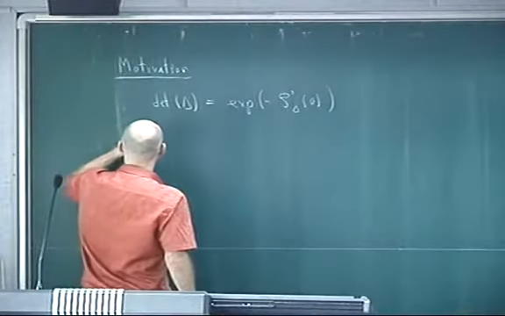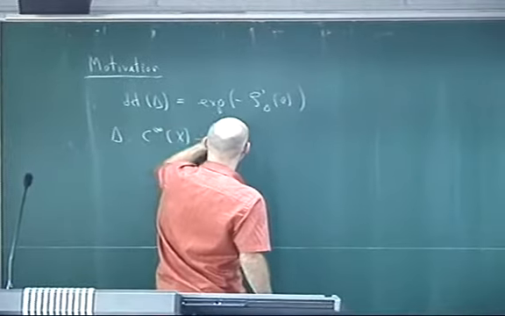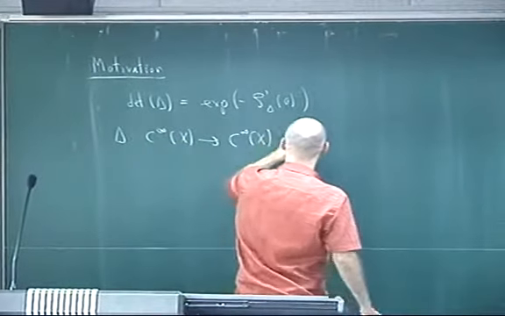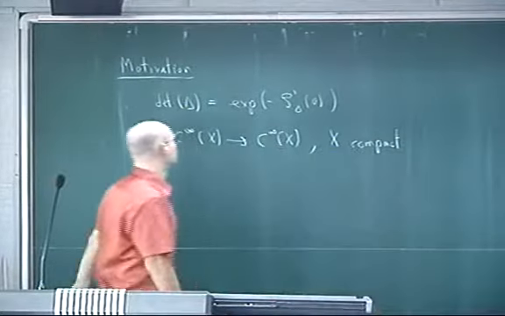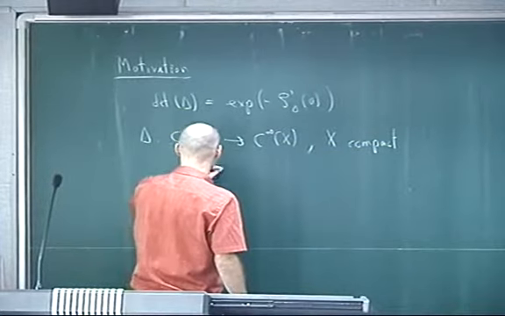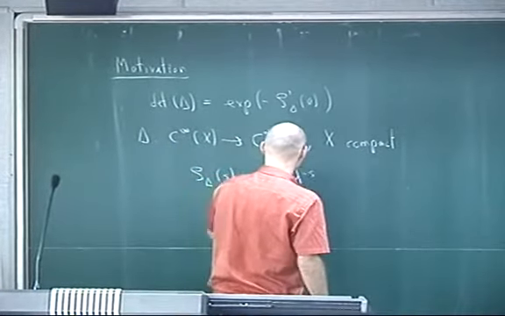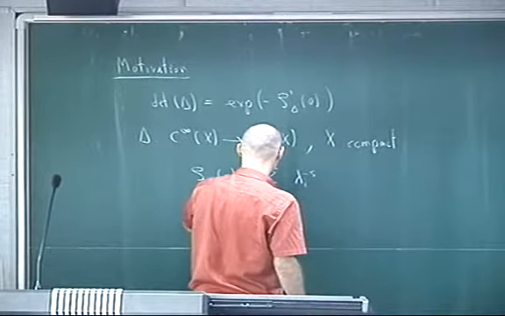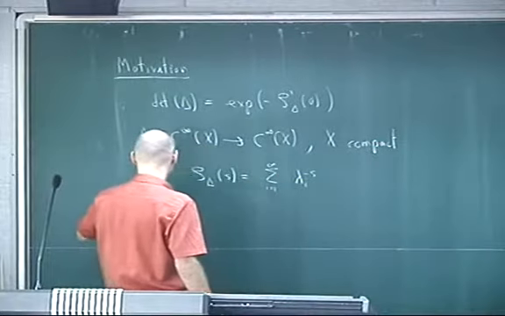Here I can think of the Laplacian on some compact manifold for the moment. And the zeta function of s you define to be the sum of the eigenvalues,